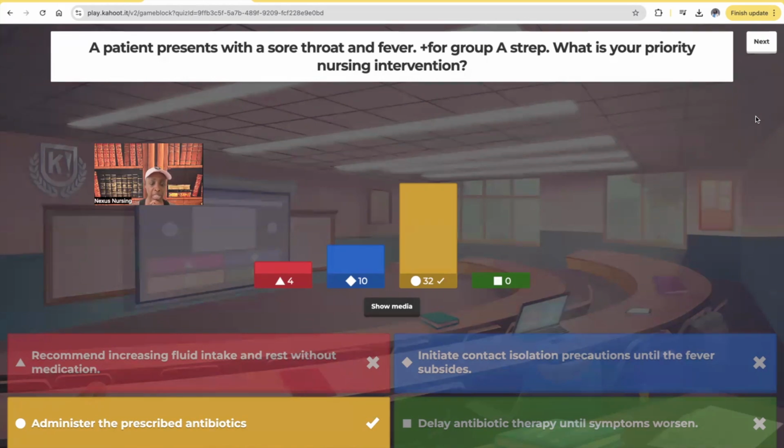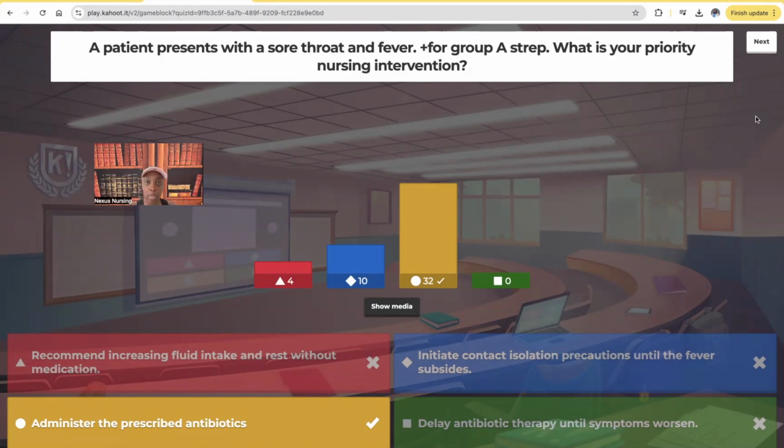Recommend increasing fluid intake. That's great. We want to keep the patient hydrated, especially since they have a fever. They're going to be at risk for dehydration. But look at the rest of this answer: and rest without medication. Your patient has strep and you're not going to give them antibiotics? Absolutely not. And guys, this is why it's so important to read the whole answer choice, because the first part